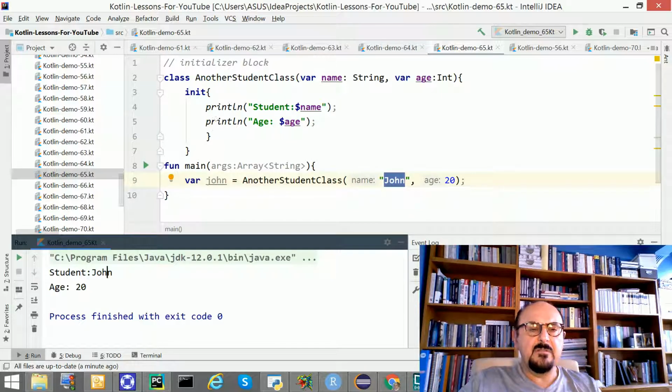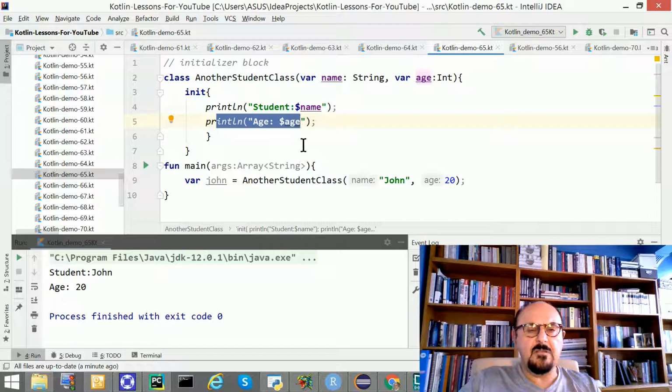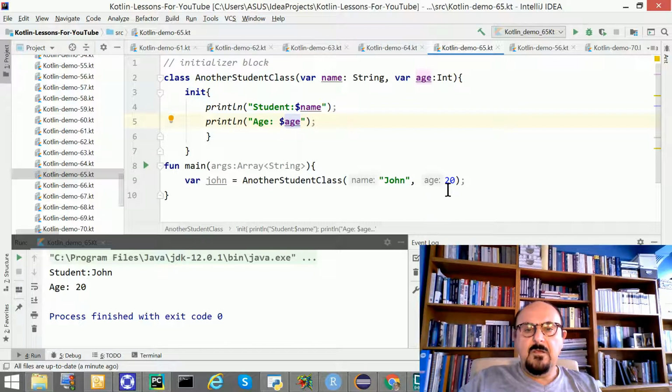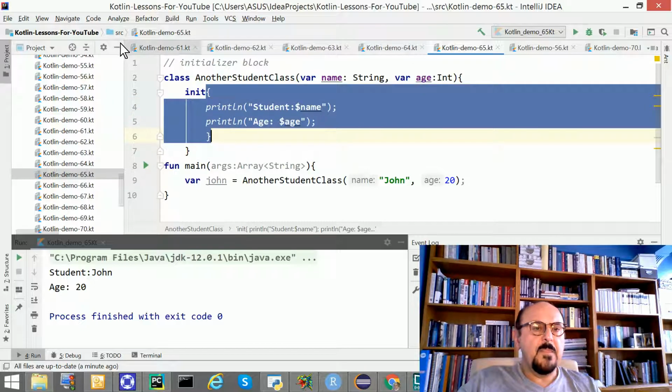And how about the next line? At the next line, age will be printed, age semicolon, and there is another interpolation here. So age will be assigned as 20, and this is the example of an initializer block. This is my initializing block. Okay,